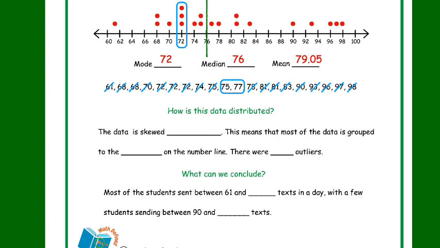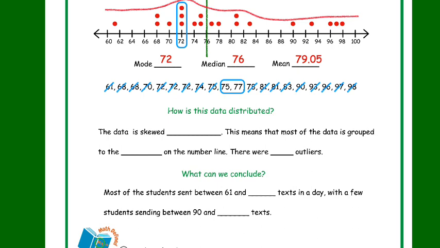Now let's look at how this data is distributed or spread out on the dot plot. This question is asking how the data is skewed. Basically, it's asking how the data points are grouped together. To make this a little more visual, I will draw a line above the data points. Do you see that most of the data is grouped to the left with a few more data points extending